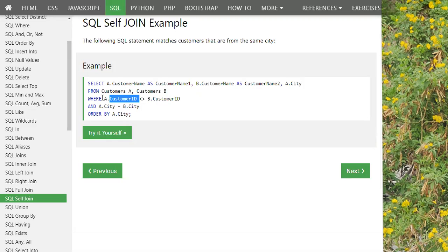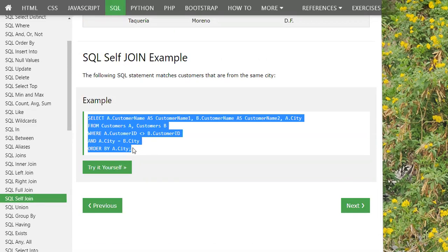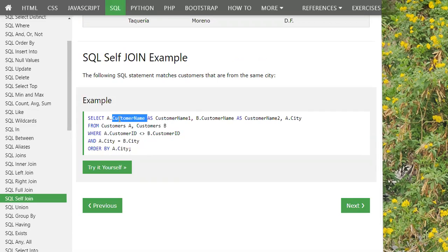But for right now, if you want to solve the same query with joins, how will you go about it? The query is as follows. Select A dot customer name as customer name 1, B dot customer name as customer name 2, A dot city from customers A. Now see, this is an alias. The customers table has been referred to twice, so it would be confusing.